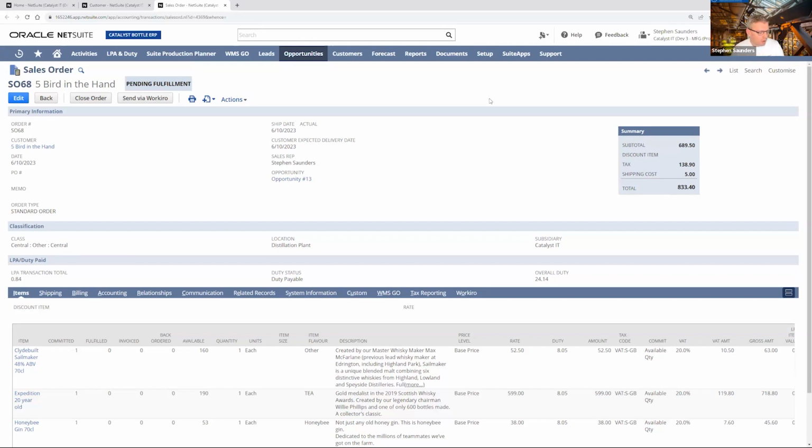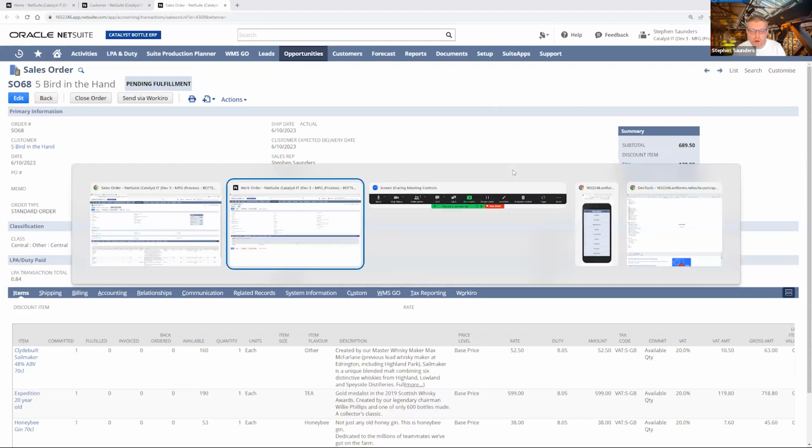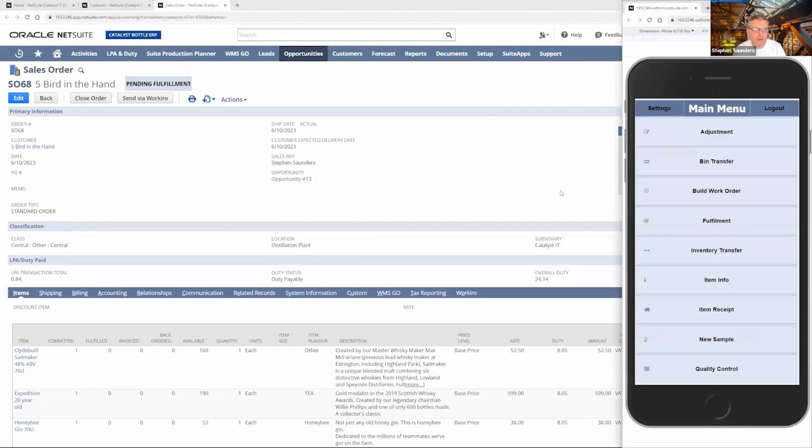Let me now move over, because we've captured that order on NetSuite. So this is a really good point to show you WMS Go. WMS Go is our mobile solution that Catalyst have created to handle not only WMS functionality, i.e. receiving purchase orders, fulfilling sales orders, inventory transfers, transfer order movements, that kind of thing,